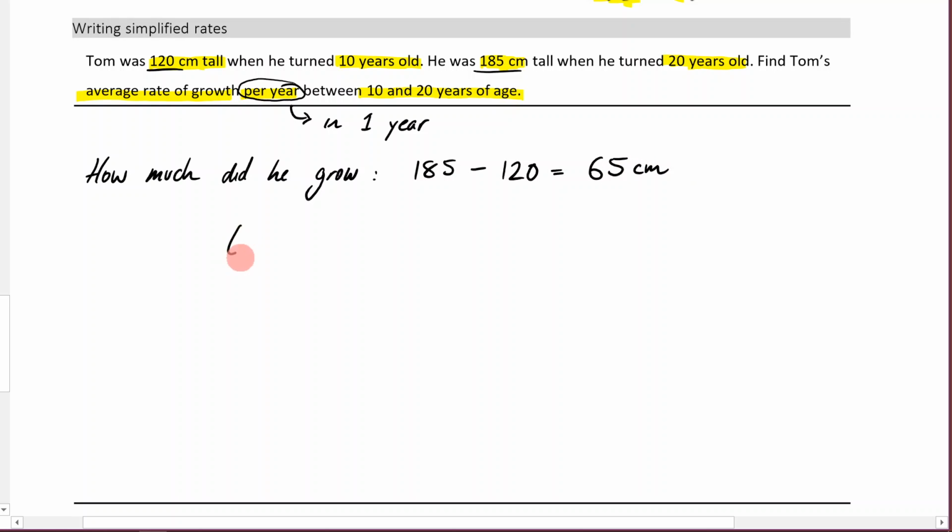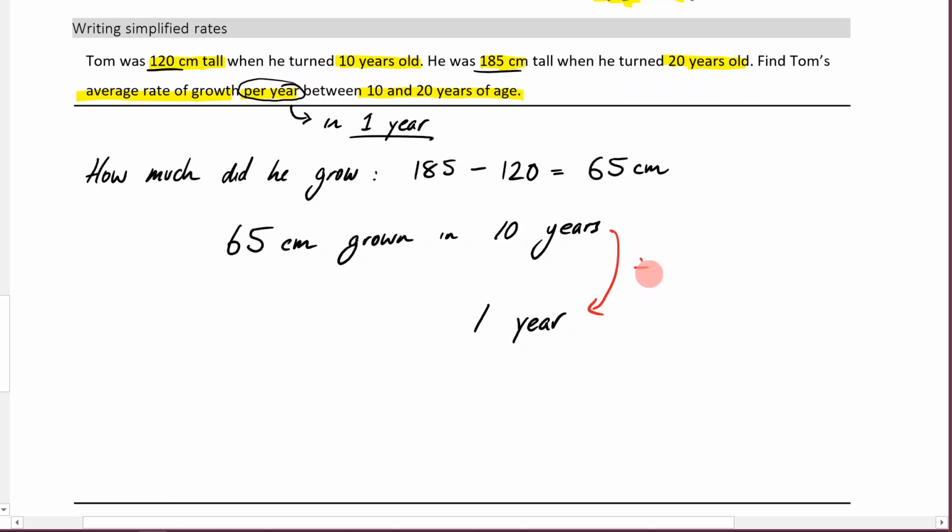So let's write that down. 65 centimeters grown in 10 years. Now, remember, what we're after is trying to figure out how much he has grown in 1 year. So let's write 1 year here. As you can see, we're trying to simplify this because we want this second quantity to be 1 unit. So we're going to divide by 10 because 10 divided by 10 is 1. Whatever you do to one side, you must do to the other. So I'm going to get 65 divided by 10, which is going to be 6.5 centimeters grown